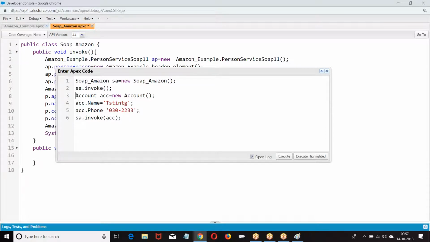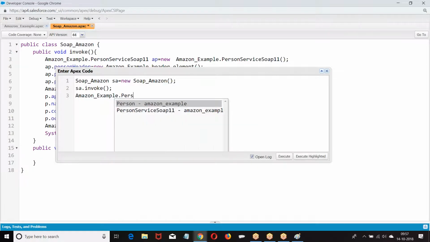The same thing I am doing here also. They are expecting Example.Person. I cannot call addPerson like this, because it is empty. What was I supposed to do?